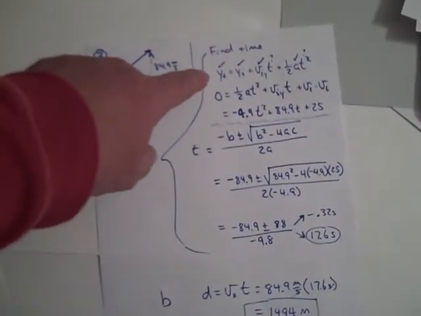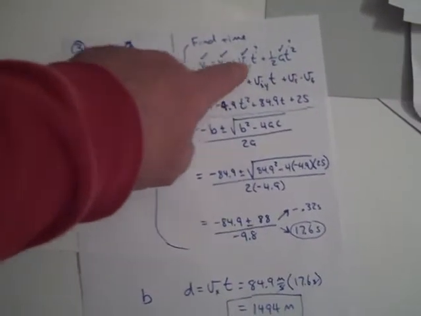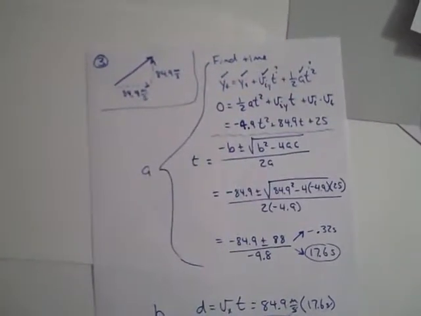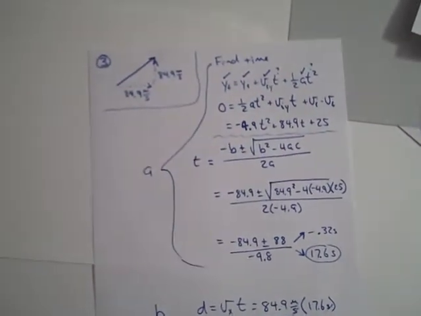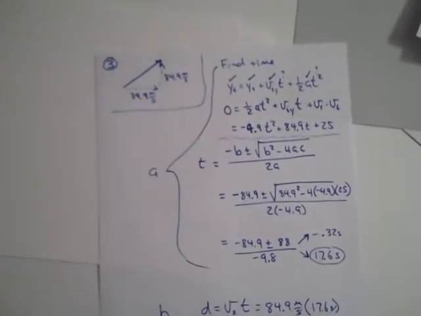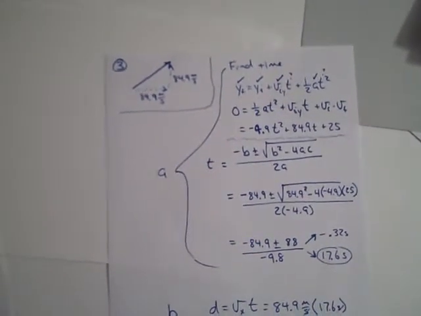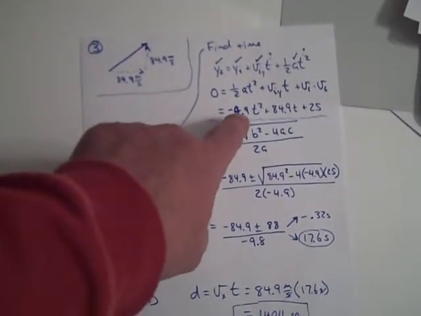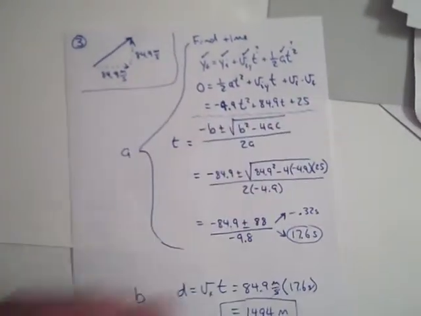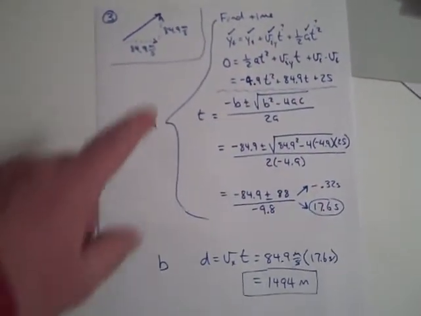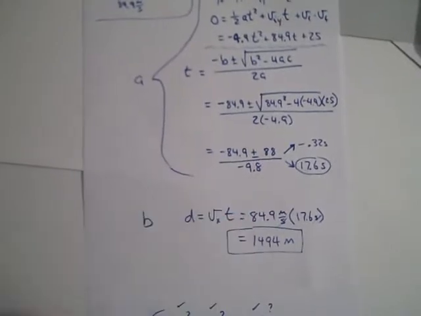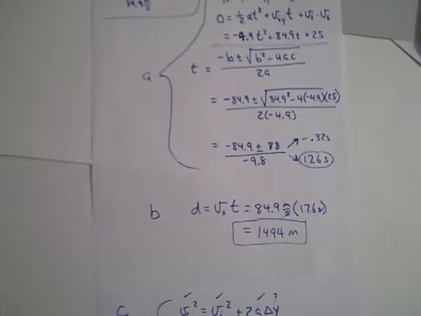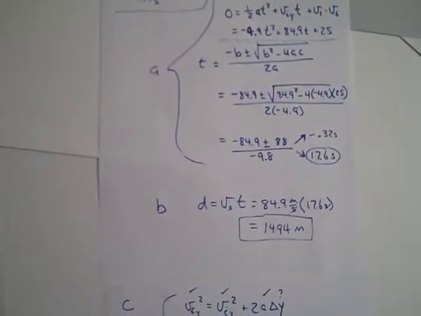I'm using the quadratic equation again. Here you have the formula set up just like we do on our note cards. The only thing we don't know is time. So I set the formula equal to 0. I showed you how to do that. And then you have A, you have B, and you have C for our quadratic equation. There's a quad. And we land up with either -0.32 seconds, or you land up with 17.6